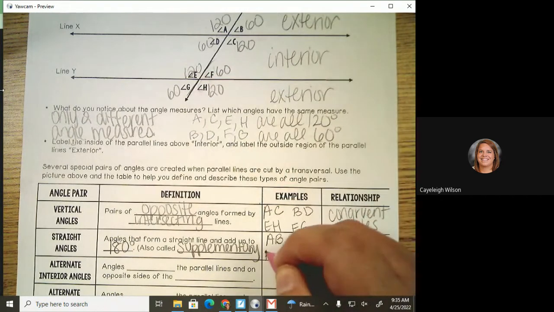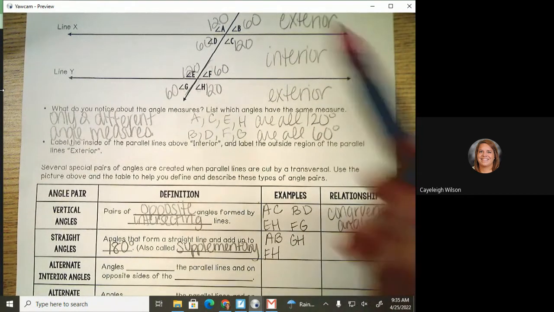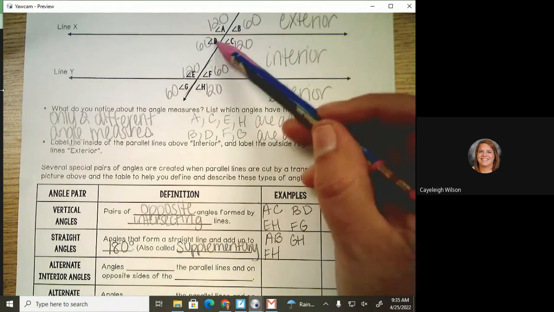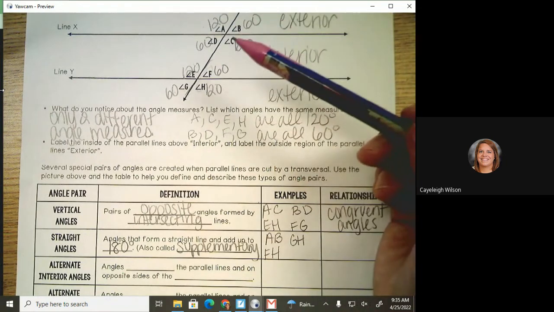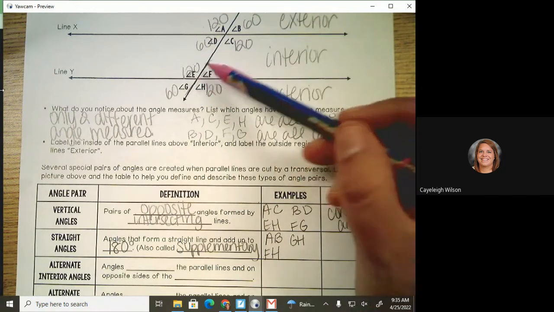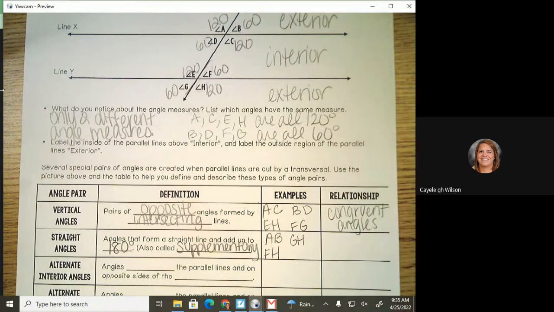Anybody else give me another example? All right, Trevor. B and C, correct. Anybody else? All right, Taryn. D and A, correct. What did we say? G and H, E and F, E and G, B and C. So any two angles that are on a straight line and add up to 180 are straight